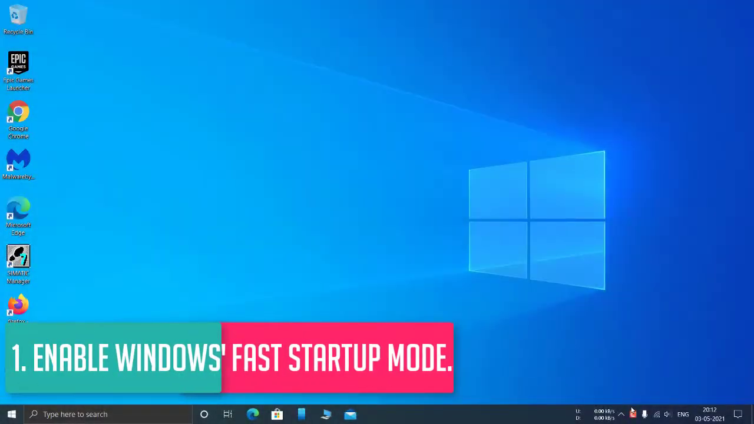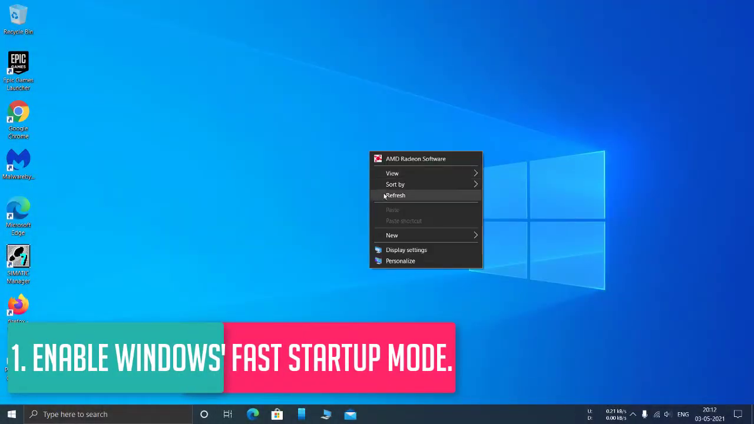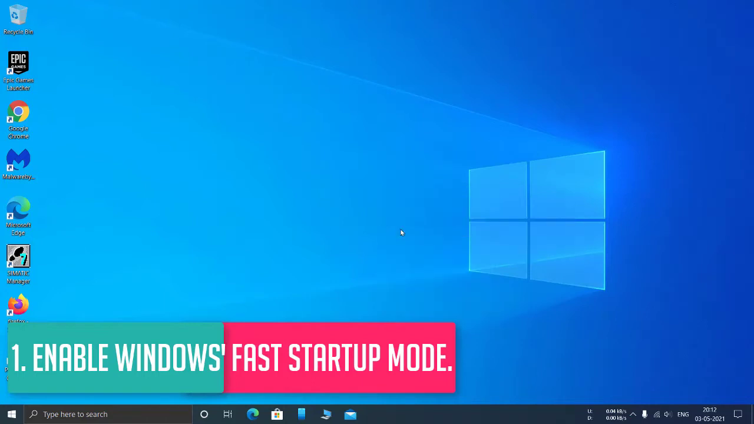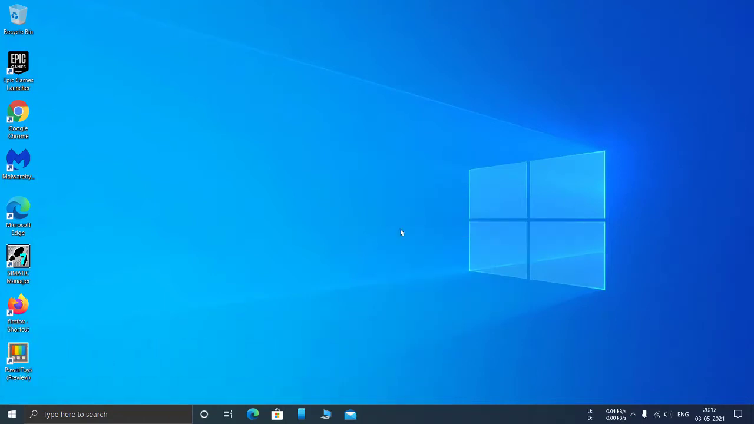First, enable Windows Fast Startup mode. Windows 10 has a feature called Fast Startup that does exactly what it sounds like, and this is an obvious first stop in your quest. On many machines, this may be enabled by default, but if you ever turned it off, you can flip the switch pretty easily. Head to Settings,